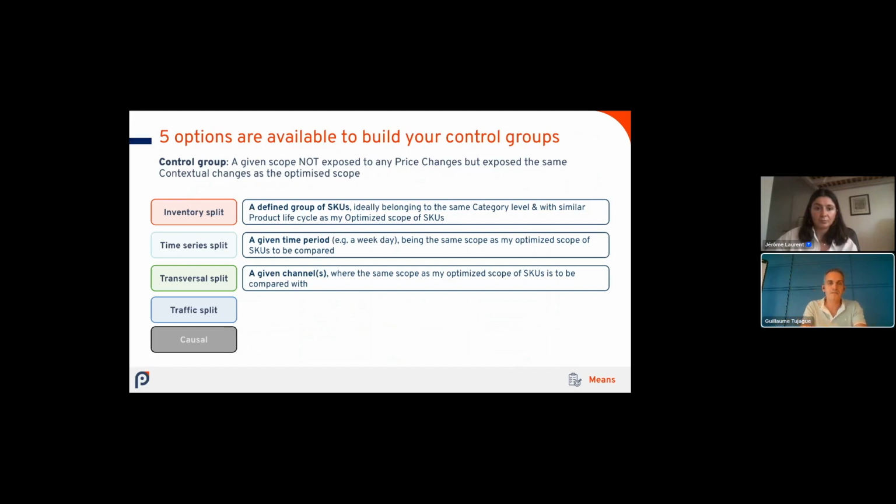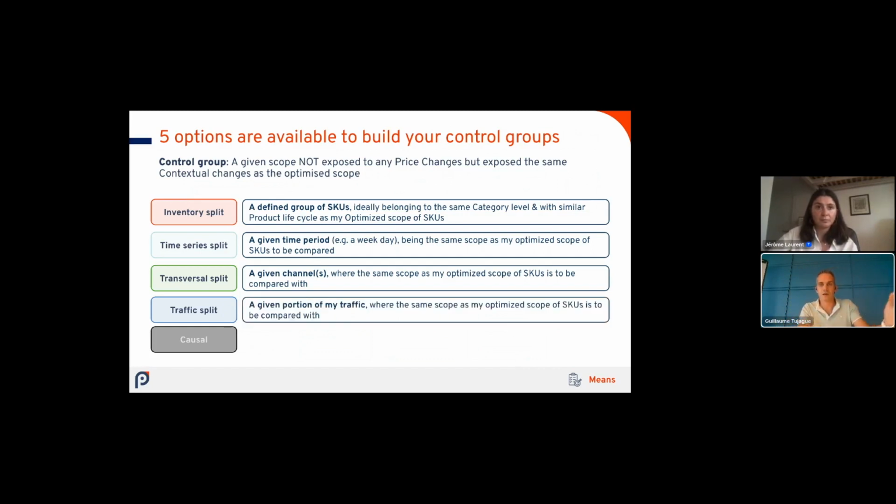Then I'm going to observe what is the evolution of performance of my very same SKUs within the two different channels. Another way to do it is by splitting the traffic, which is marketingly expressed as A/B test or MAB, etc., which consists basically in saying I'm going to split my users into two different groups, two different partitions, and then I'm going to be able to see what is the difference of performance between the users that have been exposed to my price change versus the visitors that have not been exposed